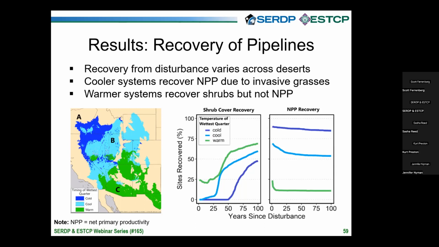What's happening here? Well, in the colder site, there are invasive grasses. Remembering back to that need to think of functional types, there have been a lot of exotic invasives introduced into these deserts from feedstocks and other pathways. And in these colder sites, an example of a plant that is causing this boom in NPP that allows them to recover is cheatgrass, Bromus tectorum. So these sites are green when we look at them in the Landsat record, but it's not the native community that's returning. How do you have all these shrubs returning in a warm zone, but still have such low productivity?